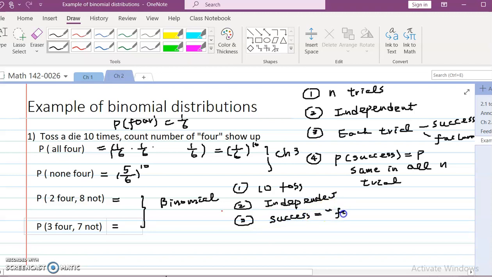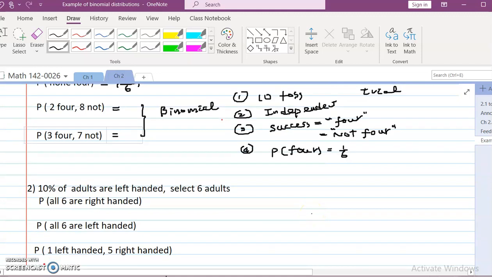If I get a 4, that shows up. And failure is not 4. Although you can say, well, I have actually 6 outcomes, but whatever you're counting is success. And then the probability of having a 4 in any one time, out of the 10 times, is 1/6. The first time is 1/6, the second time is 1/6. So they're all the same. So if you have these 4 requirements, then you can find this probability very quickly, very easily by using a